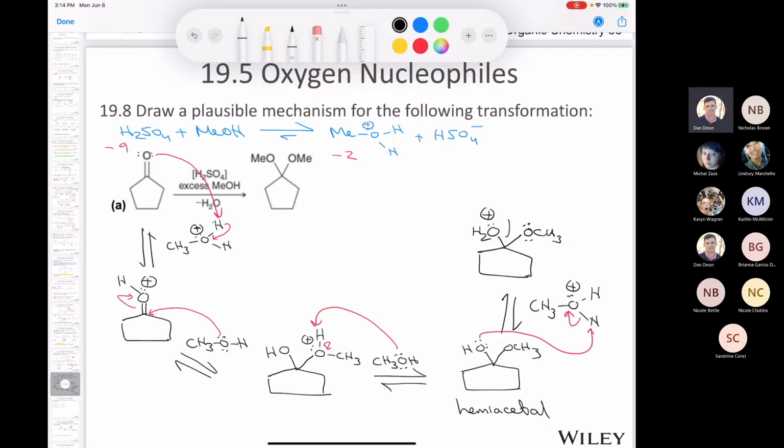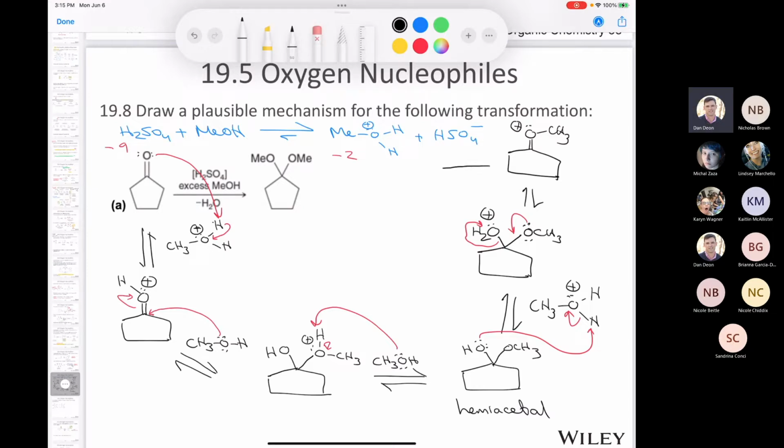The leaving group is not going to just spontaneously leave like that and make a carbocation. What's going to happen is a pair of electrons is going to come down here to make a pi bond, and then our leaving group can leave. I'm taking up too much space with my arrows here, so I'll do it like this. So now we end up with this intermediate. I'm kind of running out of space here. So now we have this oxonium, and now methanol is going to be able to come in